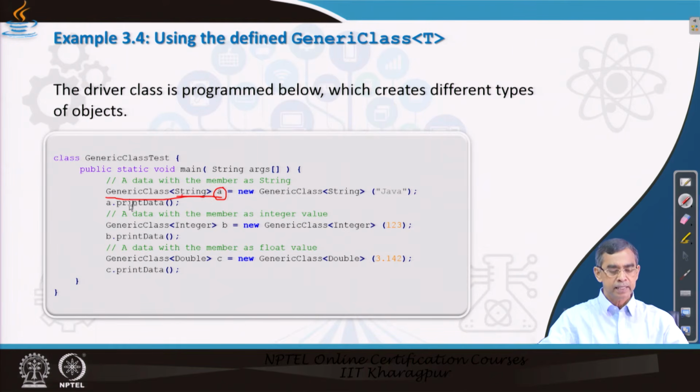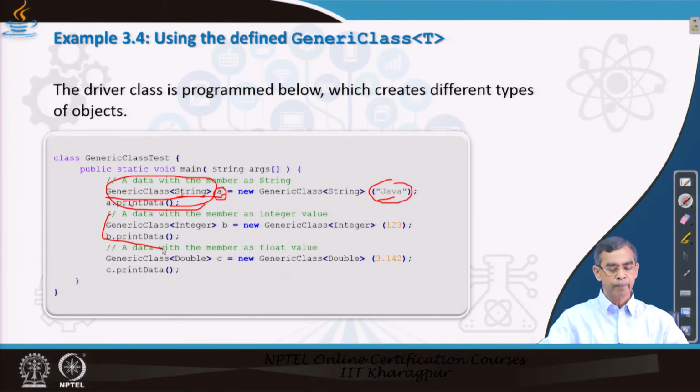That means the generic class that we are going to have is for the type String, and A is the name of the object of type Generic. When we create this object, we initialize the field x by passing a value, Java. So A holds the value Java at the moment.